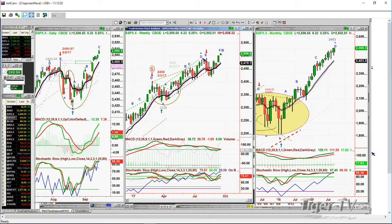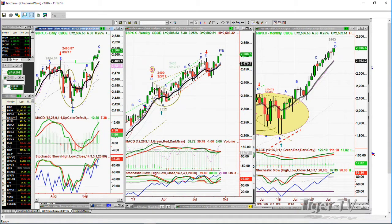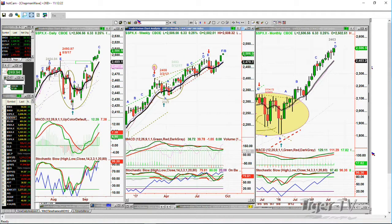Now, this extends the weekly chart. The MACD is also just about across negative. If it deflects lower here, it means that the S&P has to go under 2506 right now, has to go under 2488, and that'll be at least a short-term big negative. In the meantime, monthly, like the Dow, the monthly chart is still very positive, and we're looking at the QQQ,